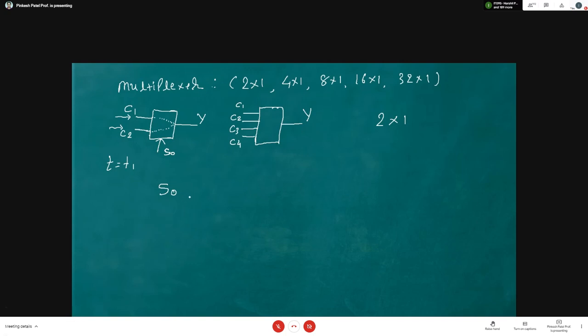I have 1 selection line and 1 output variable, that is Y. The possible values of S0 are 2: either my selection line is 0 or my selection line is 1. Now you design the circuit inside in such a manner that if S0 is 0, Y is connected with C1, and if S0 is 1, Y is connected with C2.